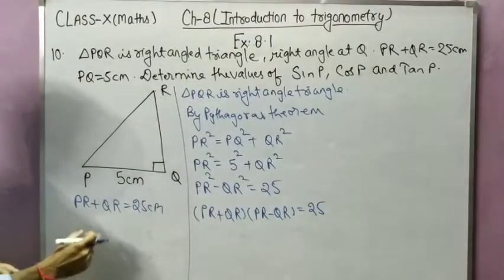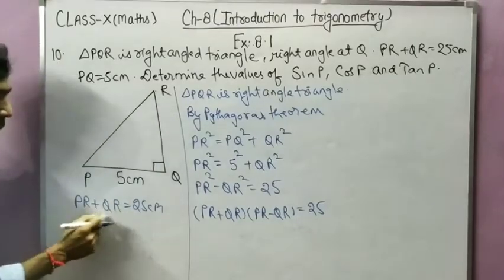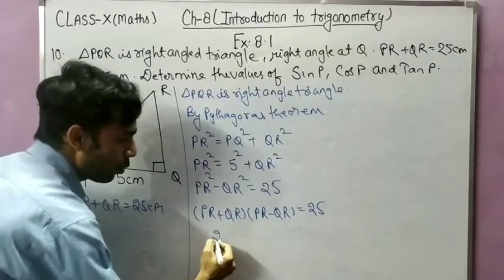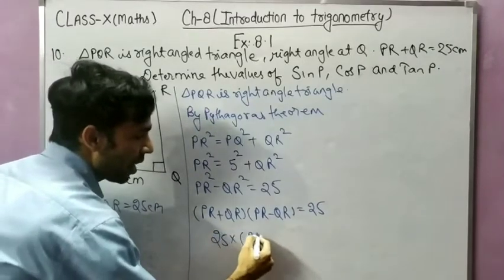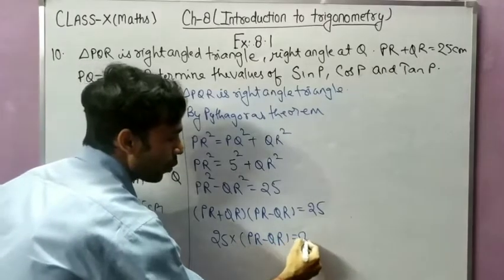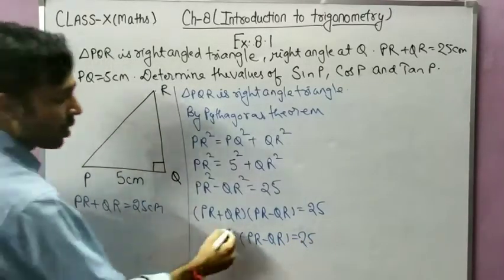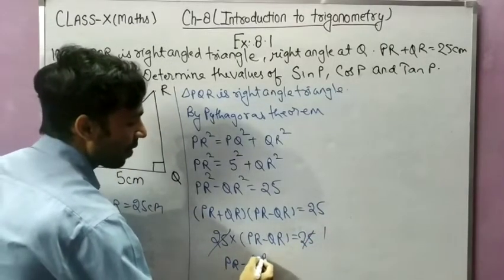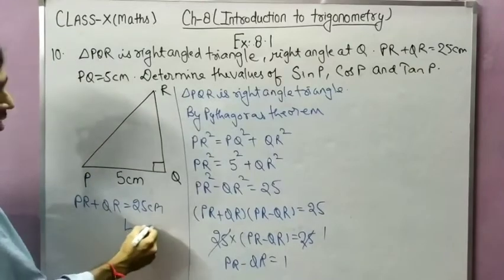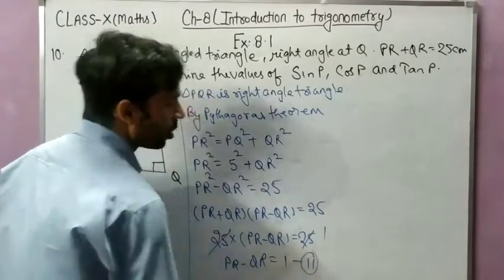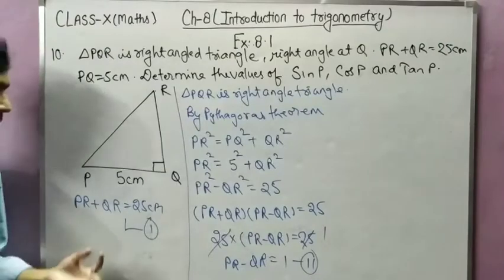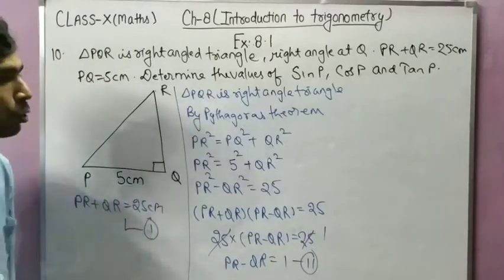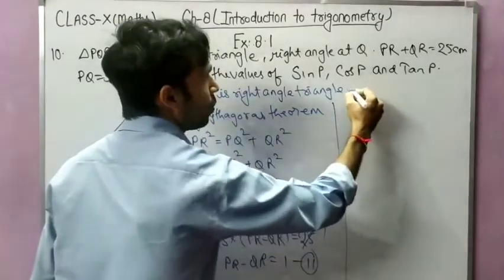Now PR plus QR is given, students. See, PR plus QR is given, and how much is it? 25. So in place of that, I can put 25 into (PR minus QR) equal to 25. So this 25 will cancel. So PR minus QR will equal 1. Suppose this is equation number 1, this is equation number 2. Now you got two linear equations. PR plus QR is 25 and PR minus QR is 1. So by solving equations 1 and 2,